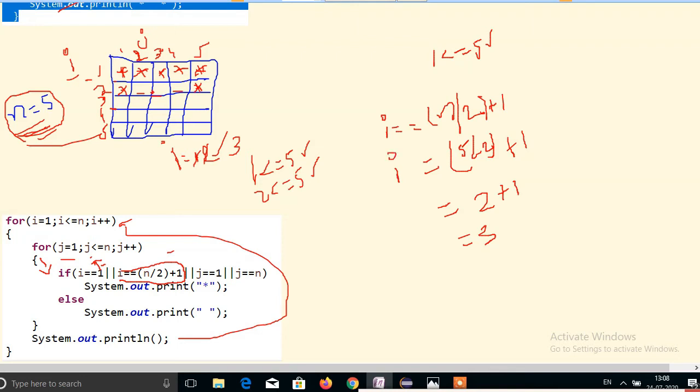So i is 3, and 3 double equal to 3 means the condition is true, so it will print a star.